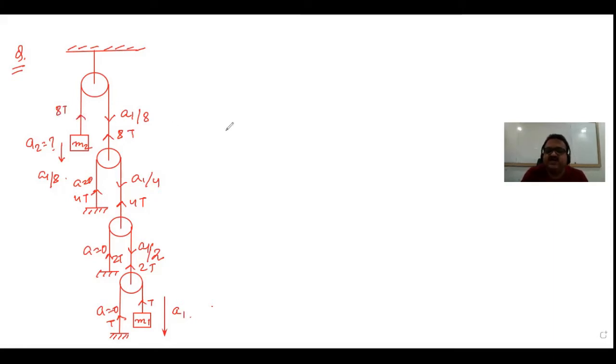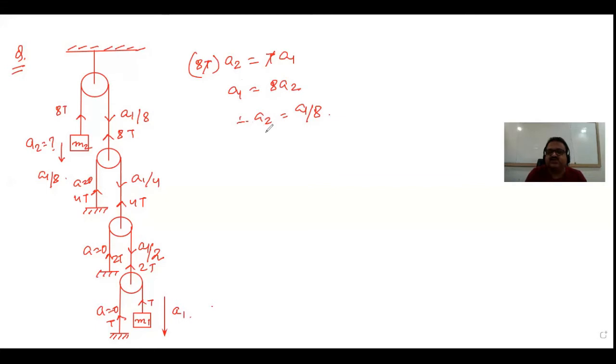And I told you a method in earlier videos: the product of tension into acceleration is always constant. So what can we write? Tension acting on this mass M2 is 8T and its acceleration is A2. So this is the product. And what is the tension acting on this? T, and acceleration is this. So T into A1. So we can write A1 equal to 8 of A2, or A2 is equal to A1 by 8. Look, either you use the direct acceleration method or the tension method, the answer is the same, and we receive both answers within a span of 1 minute.